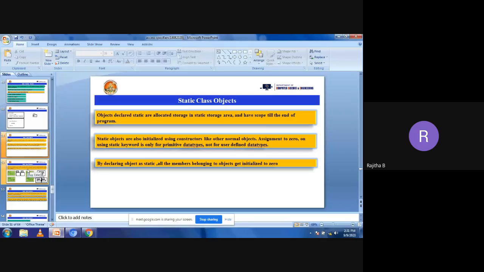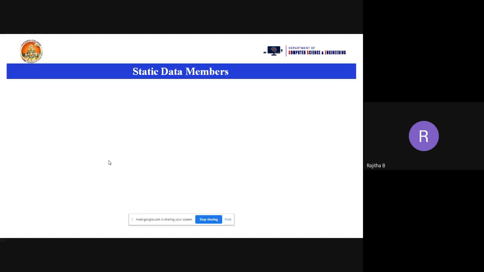One more part. Now you can see here it is the static data member. First, we can apply static to a variable. Second, we can apply static to an object. The third one, we can apply static to a data member.